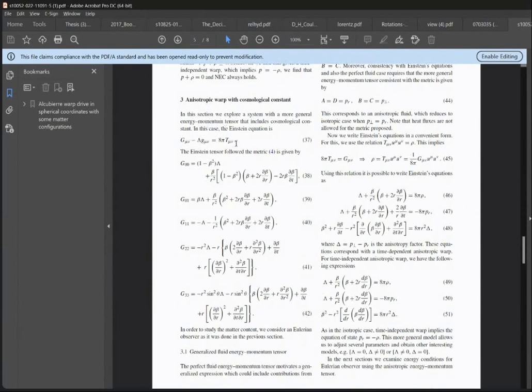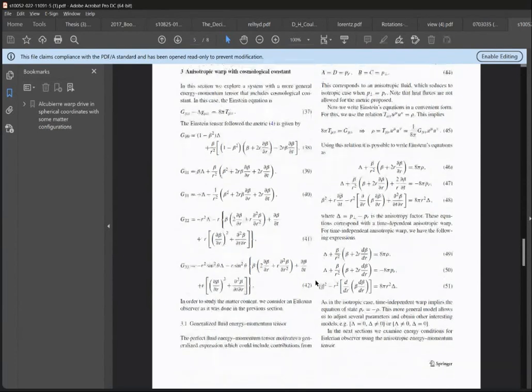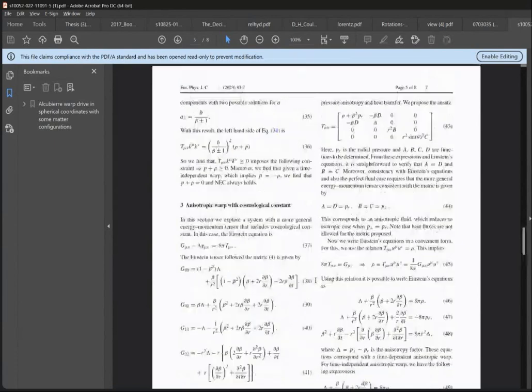We are not just imposing that it's a perfect fluid or some sort of fluid. The equation tells us what is allowed to be put in this energy momentum tensor. That's what we did, and we followed a very nice article. This is not our idea. You can find that Santos did it a couple of years ago before,